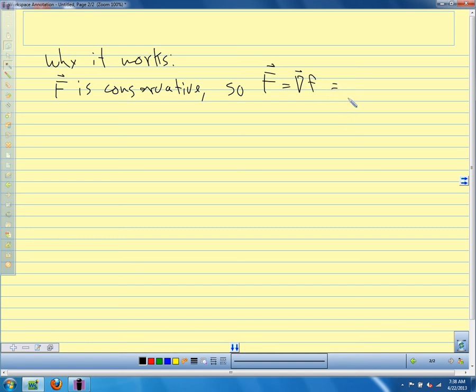I'm going to write this in terms of its components. This is the partial of f with respect to x i hat plus the partial of f with respect to y times j hat. And our line integral of F dot dr, we said we could evaluate as F dot r prime dt